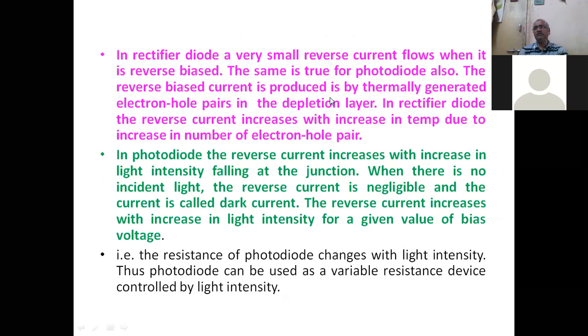Now let us see what is the difference between the ordinary diode and a photodiode. So here I have combined many things. I have combined the characteristics of the photodiode in these paragraphs. So these two paragraphs will distinguish between the ordinary diode and the photodiode. This paragraph will also give the explanation of the IV characteristics of the photodiode. Now let us see the rectifier diode or ordinary diode, that we have seen in the first lectures. When the ordinary diode or rectifier diode is reverse biased, what happens? A very small reverse current flows when it is reverse biased, right?